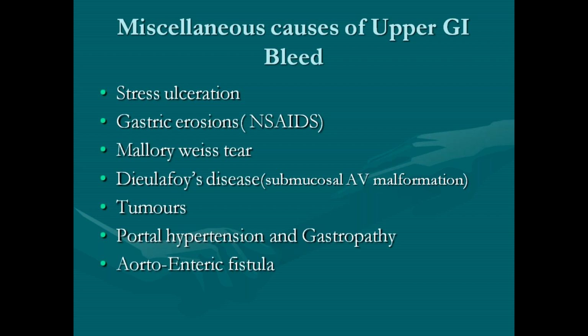Okay, then what is this? Dieulafoy disease or Dieulafoy lesions. What is this Dieulafoy lesion? It is nothing but submucosal gastric AV malformations. It is most difficult to treat. Why? Because normally there is no bleeding from the lesion, and when you perform an endoscopy, you can't even identify where the lesion is because it is covered with normal mucosa. So when there is no bleeding, it is not at all visible.